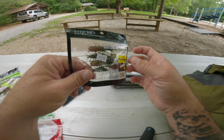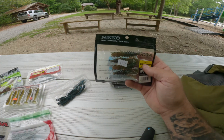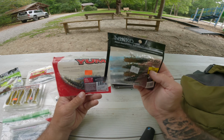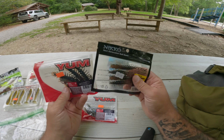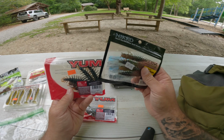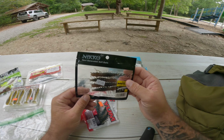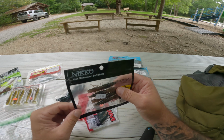I mean, this is a fish catching machine. If you're having trouble and can't get bit, you tie on a Helgramite, it's gonna get you some fish. I have been playing with the Yum brand, and I've been catching fish on them, but it's more that plastisol, they don't float. And I really think that having the original Elastec type material, the floating Nico Helgramite, really does help to get